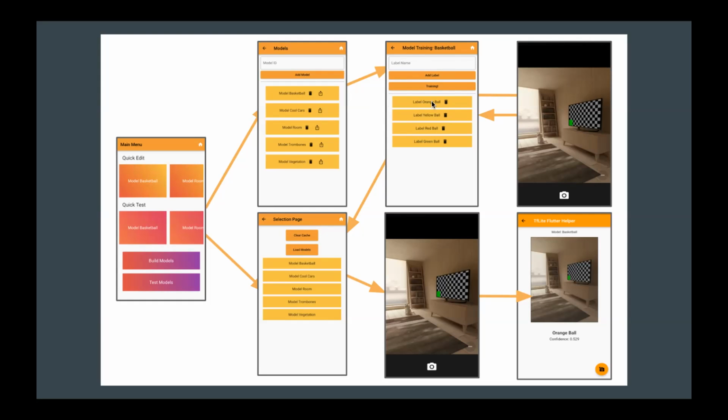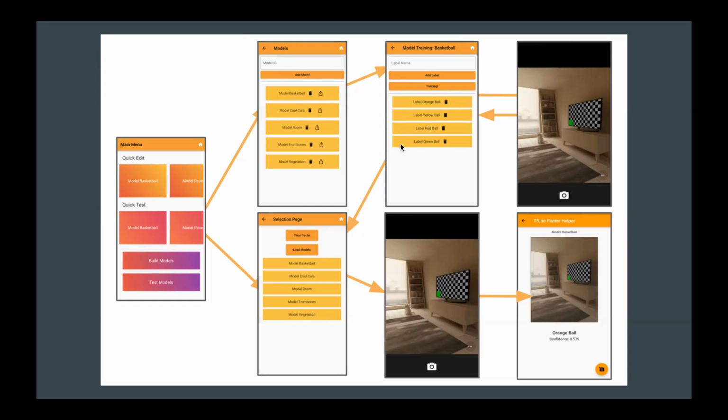And so for every single label, the goal of you is to take pictures for each of them, take a lot of pictures for each of them. And so you can populate them with more and more images for each. So for the orange ball, you take a bunch of pictures of orange balls. For the yellow ball, you take a bunch of pictures for the yellow ball. And you continuously do this until you get a lot of images. The more images, the better, because the more images you have, the more accurate the model will be.